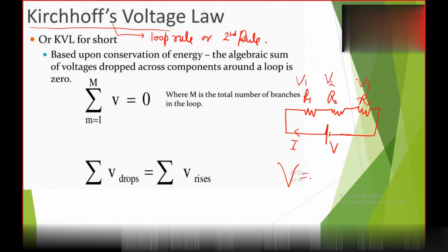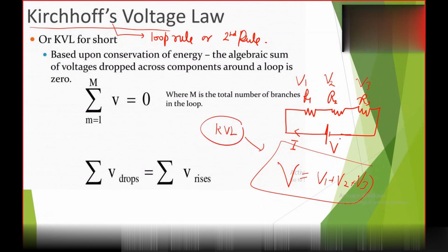Could you tell me what will be the equation for potential in terms of each potential V1, V2, V3? We have also done it in the derivation of resistance in series. So how can I write V equal to in terms of V1, V2 and V3? Yes, sir, V is equal to V1 plus V2 plus V3. Of course. Actually this is called KVL, Kirchhoff voltage law.